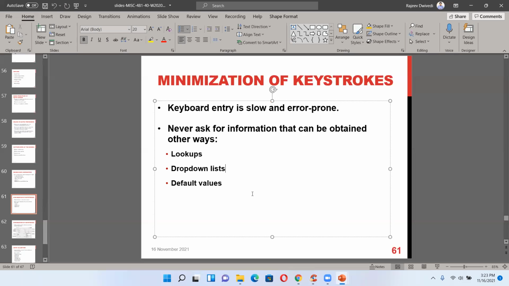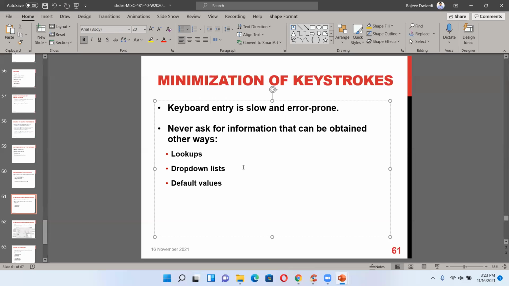So never ask for information that can be obtained another way: lookups, drop-downs, default values. Never ask the user to type Washington state, because it can easily be captured through a drop-down list, which is WA. So a state list, and similarly many such things, like dates.